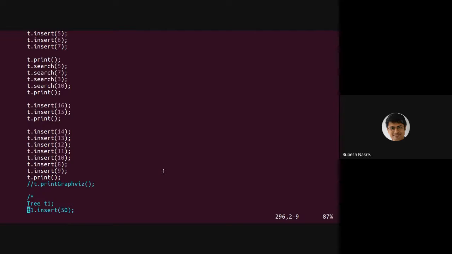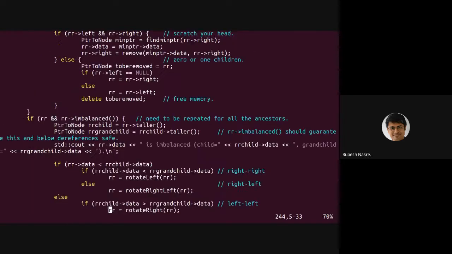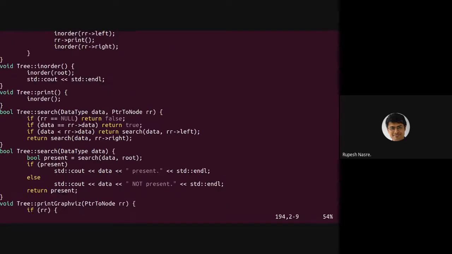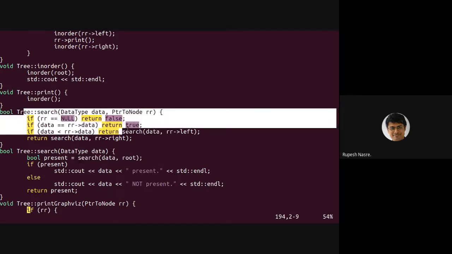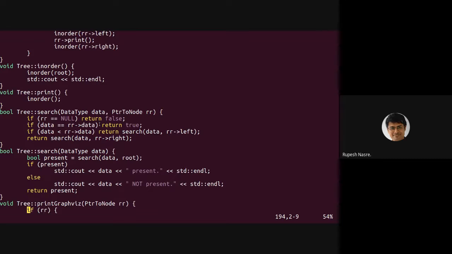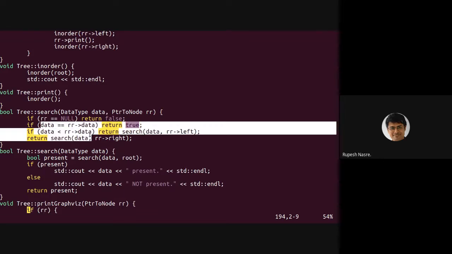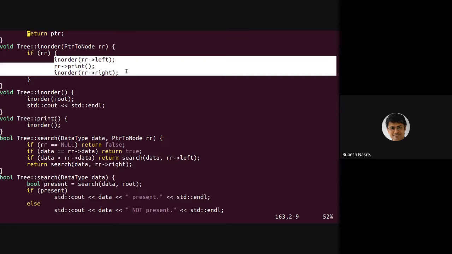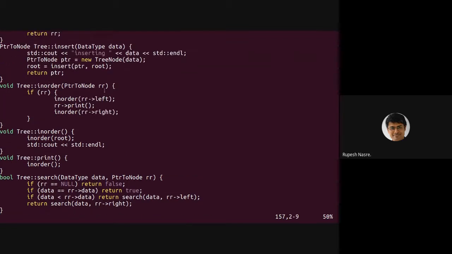Okay, so now let's look at a particular function. So remove we'll look at after we have discussed that on the slide. Let's look at, so search is the same as we had for BST. There is no difference. This is searching for a value starting from root. So this search remains the same. So then we look at either the left subtree or the right subtree depending upon the different conditions. Okay, so printing just prints in order manner. In order is in order left, printing the current node and in order, right?